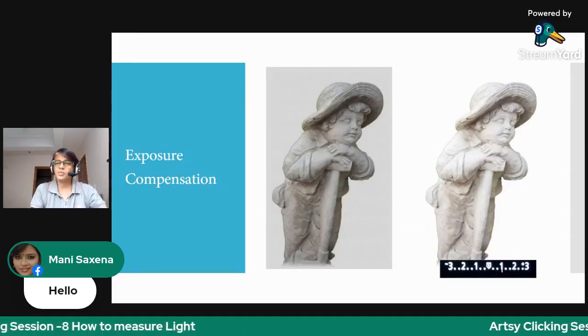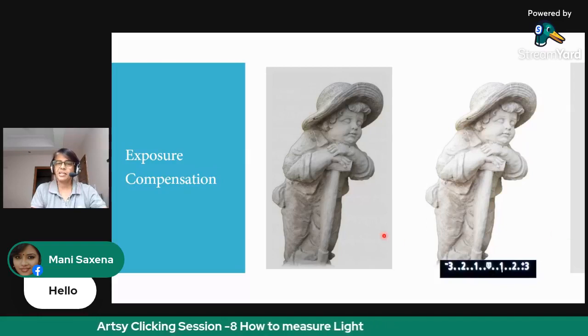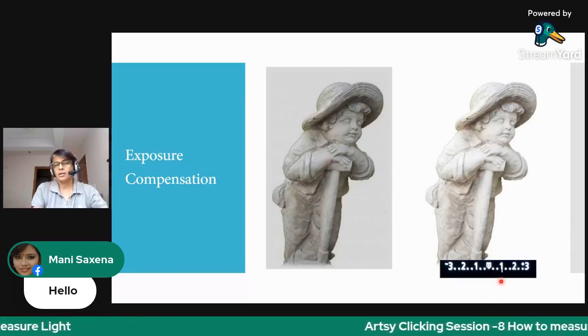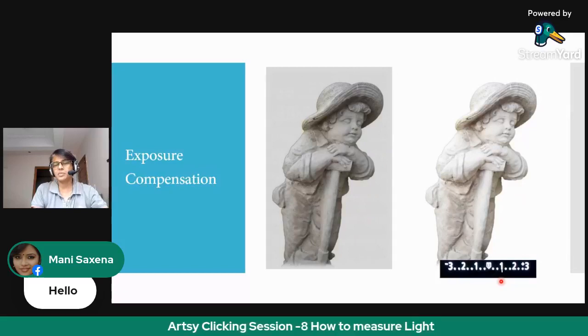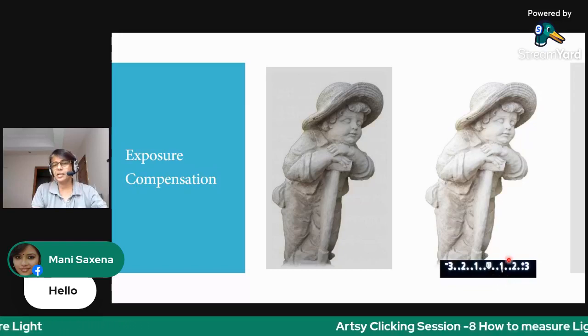So change the exposure compensation so that the light meter reads +1 to double the amount of light and get the right exposure. So in this scene, which had come out underexposed, if you press the exposure compensation button, rotate the dial, and get your cursor at +1, you will get double the amount of light inside the camera, and you will get the correct exposure.